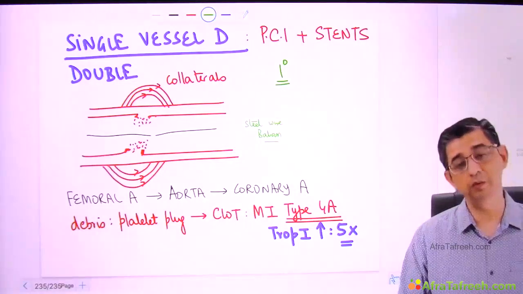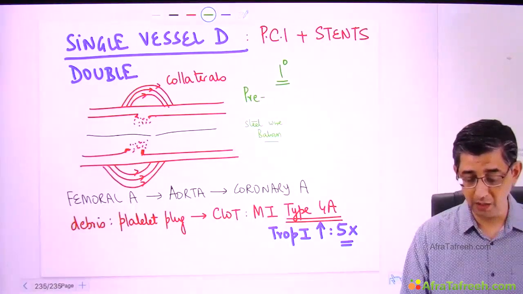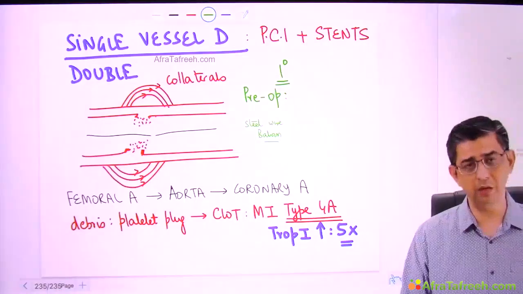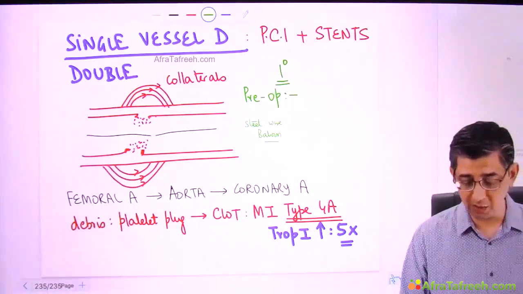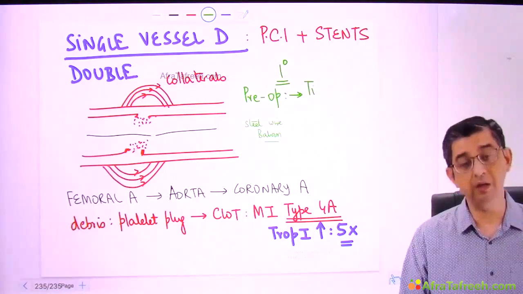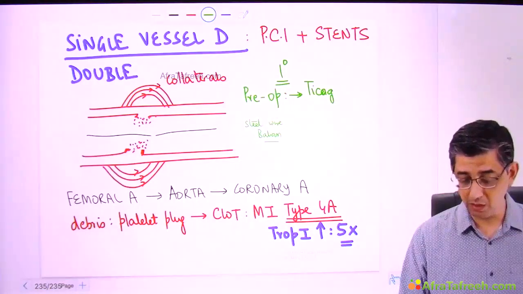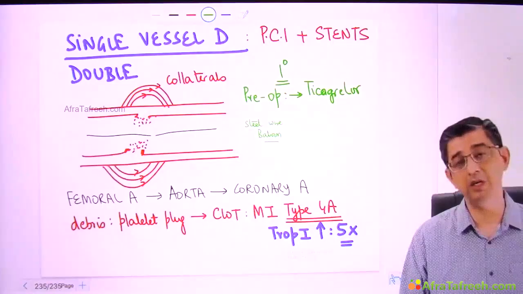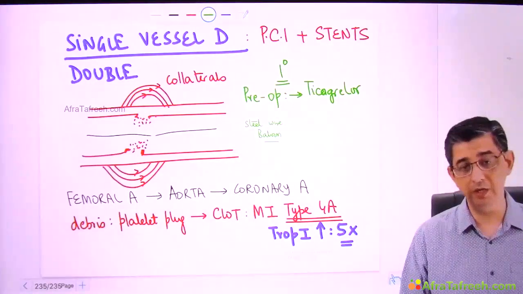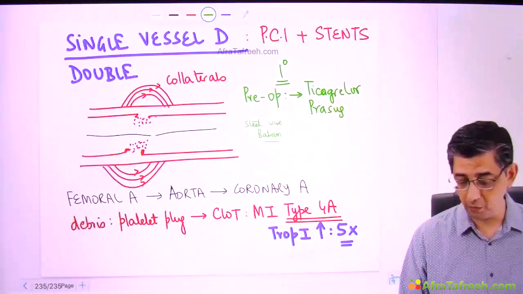Therefore, first of all, before the procedure is done, we will definitely like to put the patient on antiplatelet drugs. I'm not talking about aspirin anymore. Aspirin, obviously, he has been on aspirin for so long. I am at the moment talking about fast-acting but relatively short duration antiplatelet drugs. So patients who are going to undergo a PCI procedure can be started on any of the following drugs. Usually it is ticagrelor, it can be prasugrel, or it could be ticlopidine.